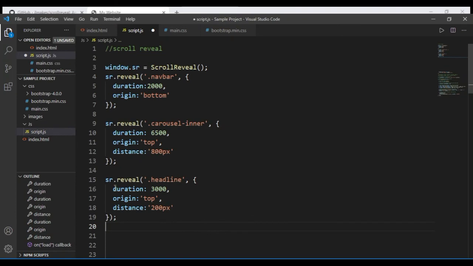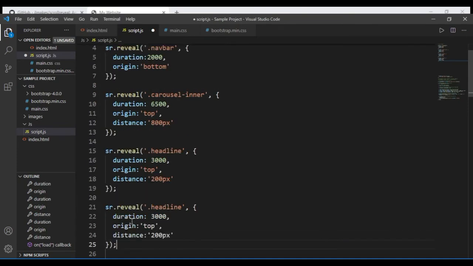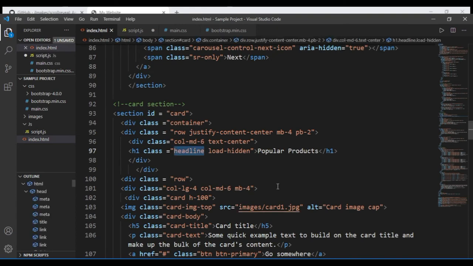So the next one I'm going to apply is just copy and paste the particular code for the next part that we're going to apply. Now the next part we're going to apply is the cards, the Bootstrap cards, as you can see. So we are just going to copy this, the ID itself. So we are just going to have the ID of the card,